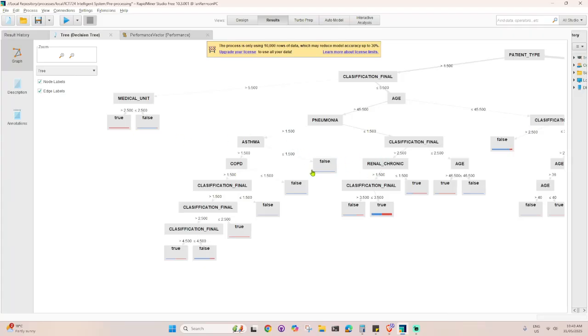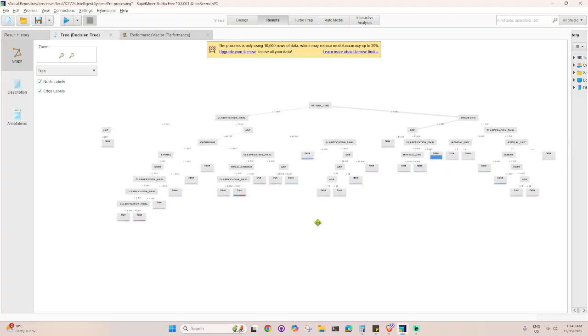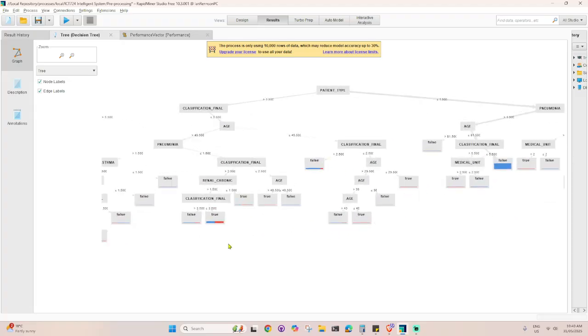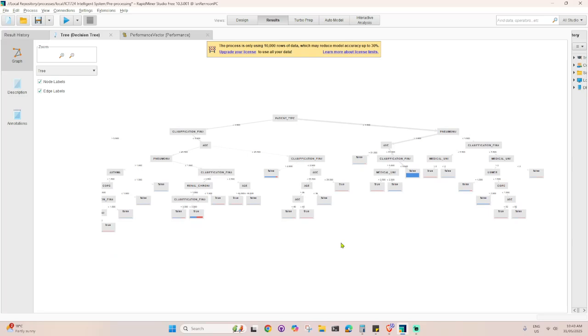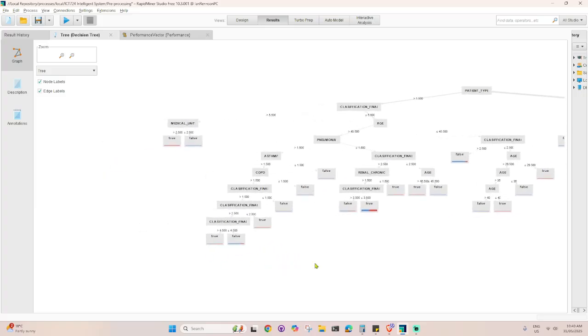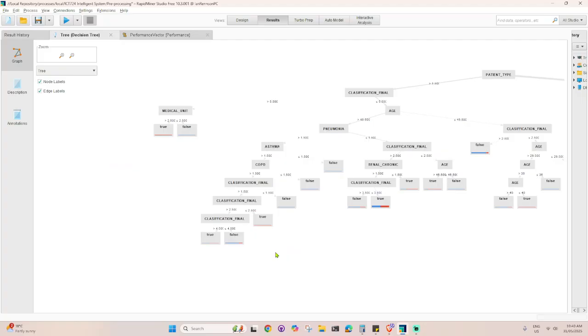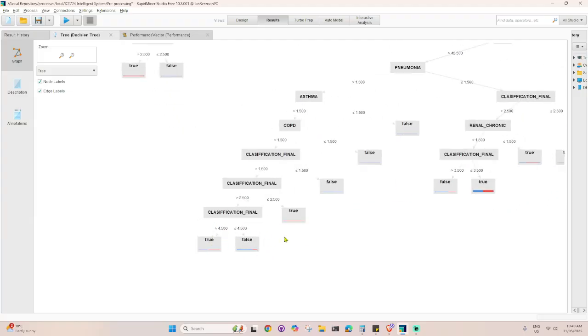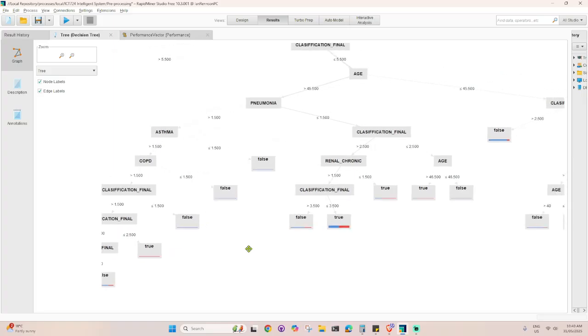So you can see the decision tree. This is how the decision tree model examines the data. It's quite confusing as well. So in here, this is how the model chooses.